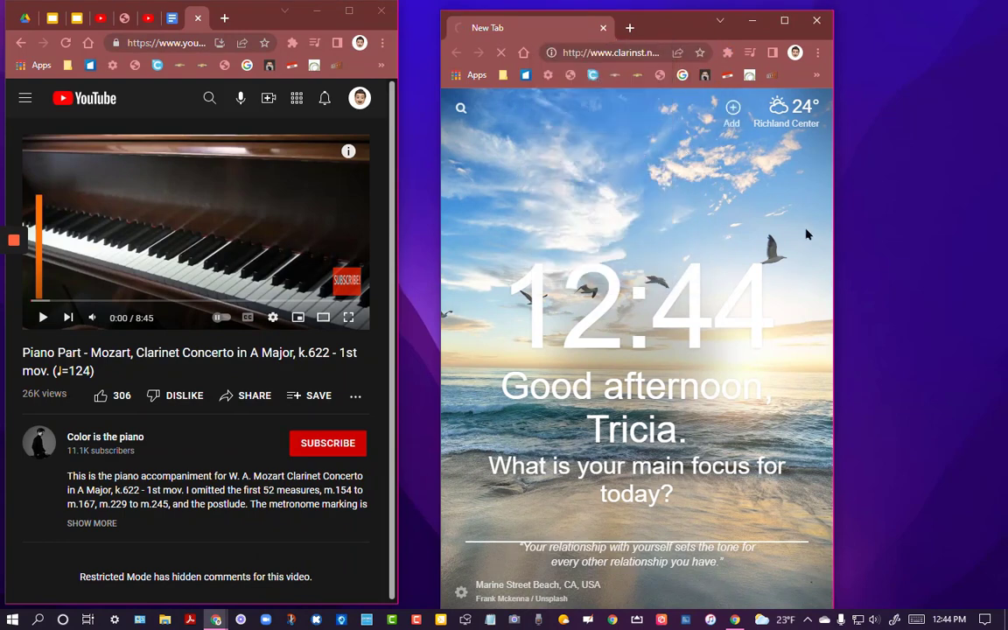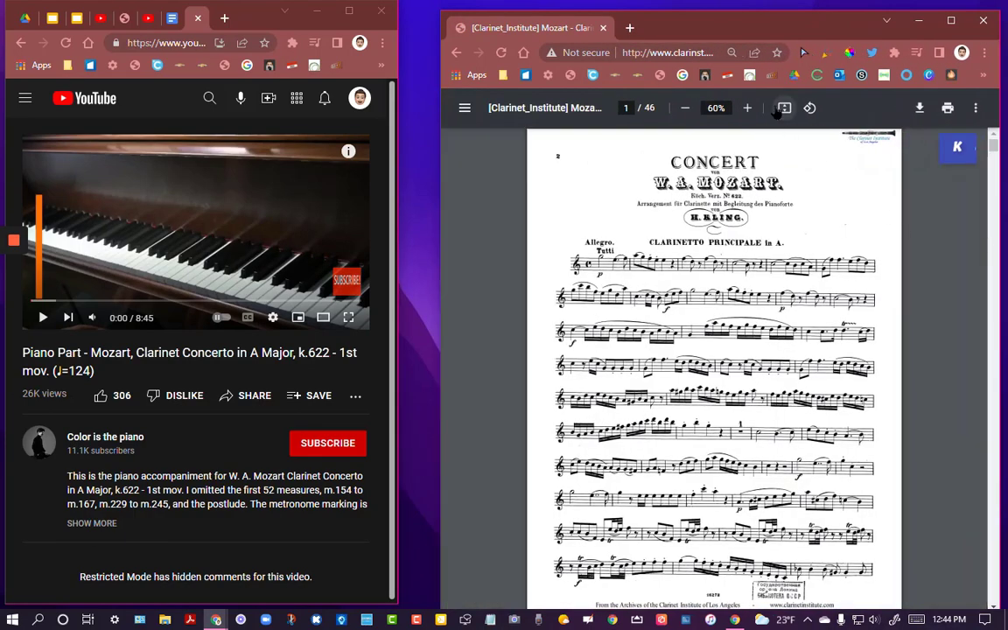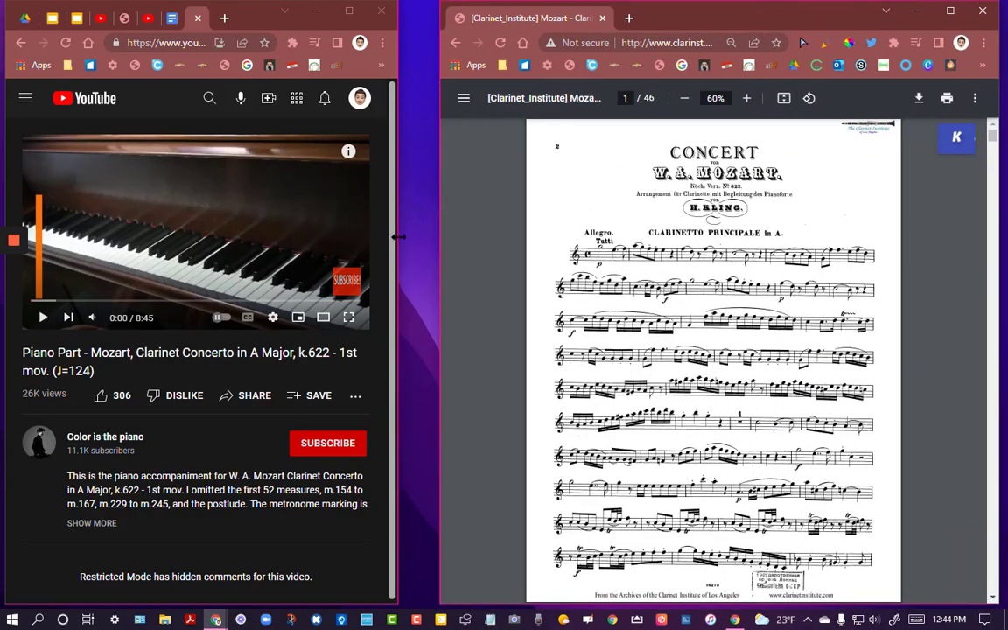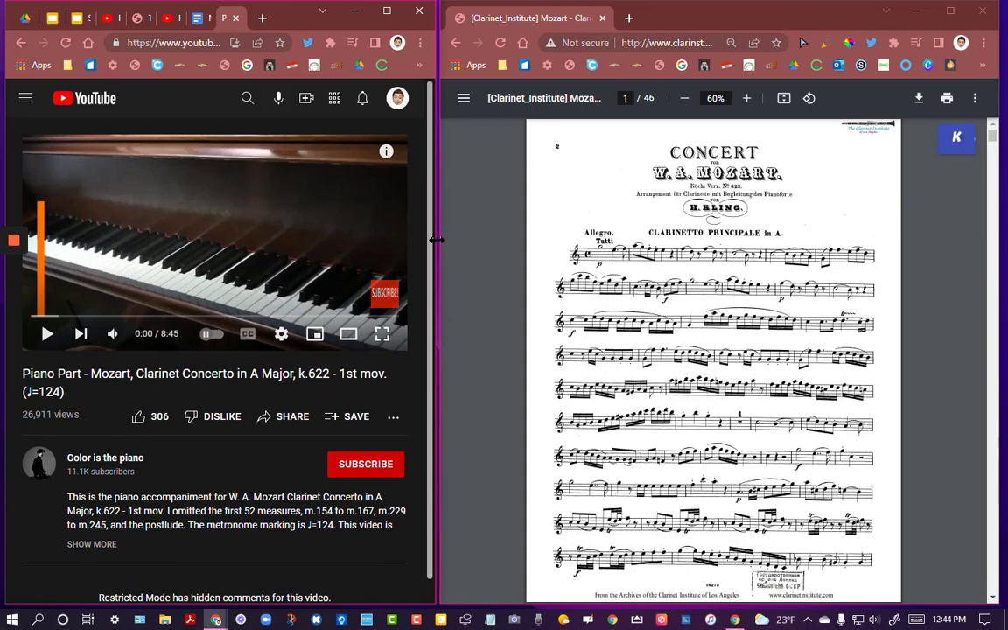All right, so now, this is the piano part for the Mozart Clarinet Concerto. As a music teacher, I would have killed for the extension a long time ago when I was teaching. So if I start playing it,